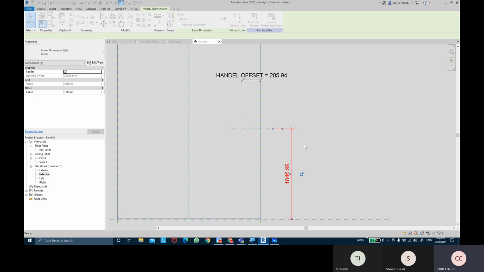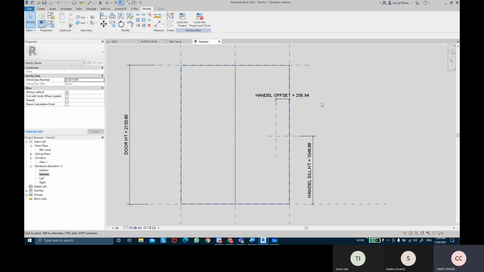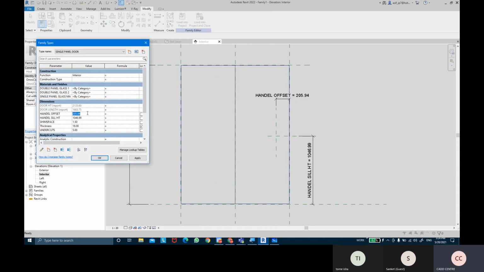Click on OK. I have the placement lines for the single panel. This is for the single one. Just make sure that your handle offset is around 150 mm, and the handle sill height, I'm going to give it as 900 mm. Or maybe I'm just going to give it 1000 mm.